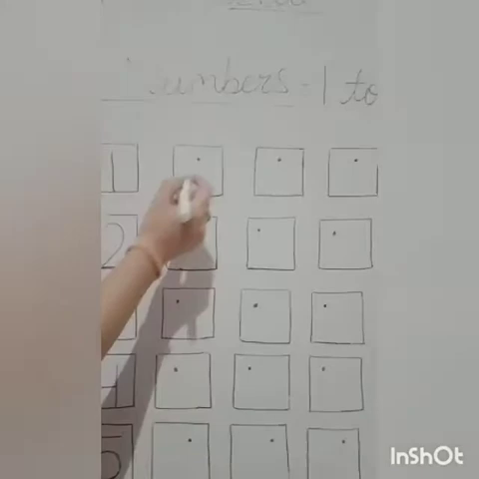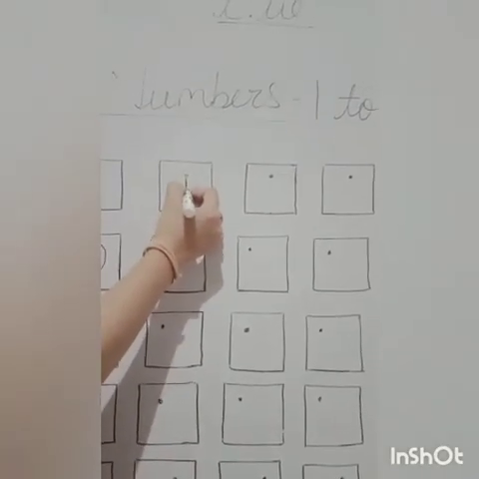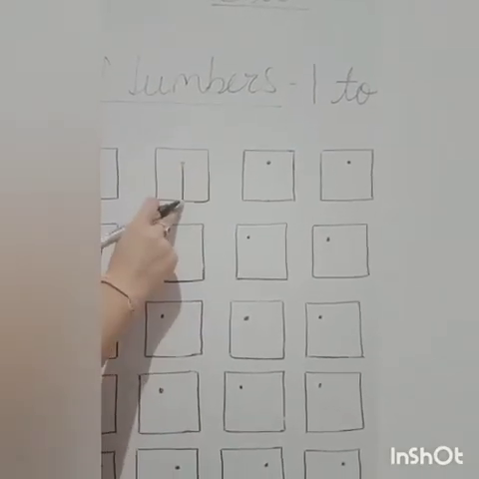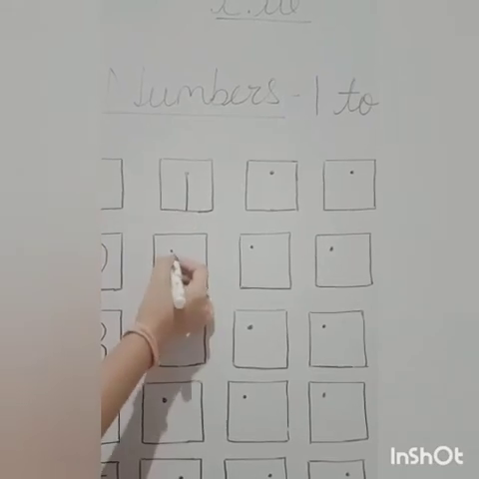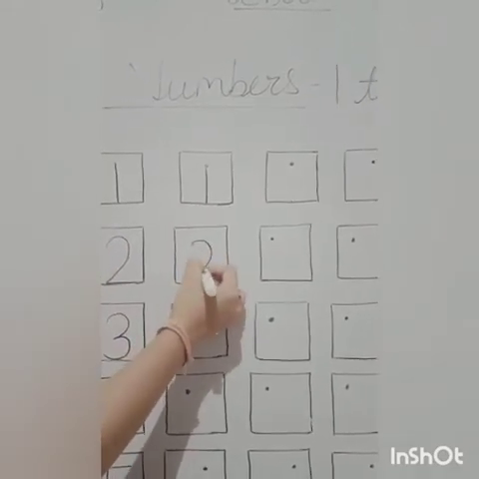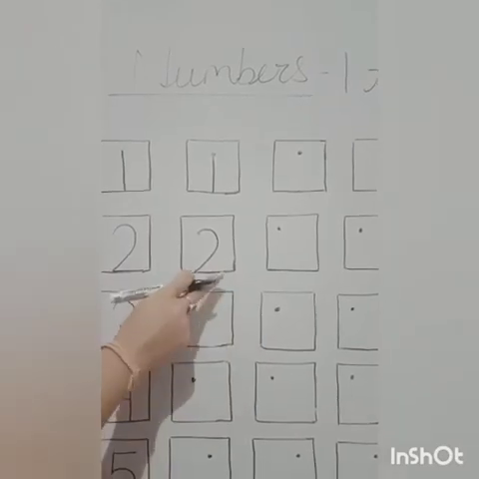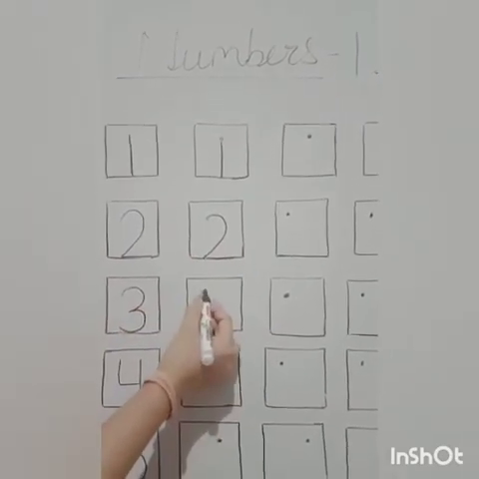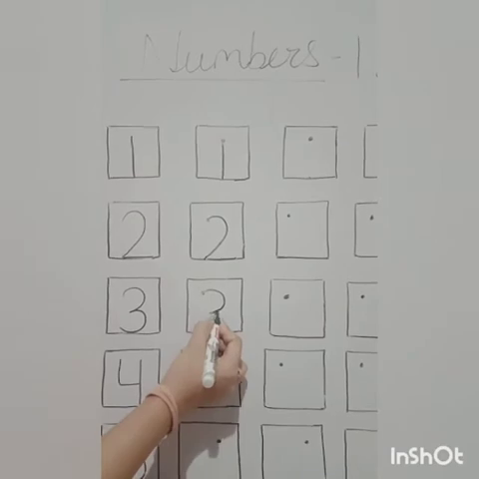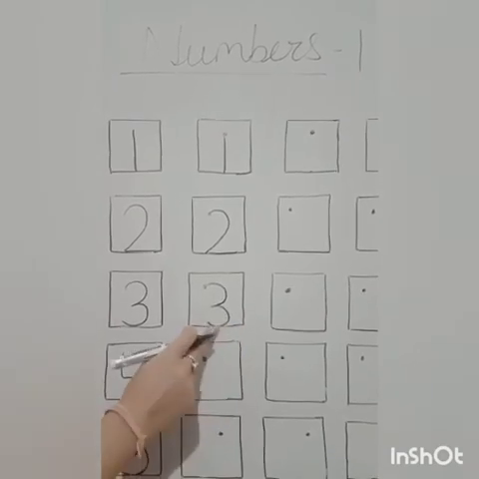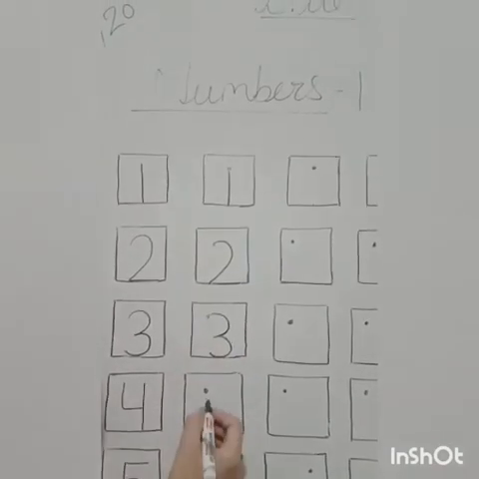Okay, let's start. Start from the dot and draw a standing line down. Like this. Now we have done number 1. First we will draw a curve to the bottom line. Then we will draw a sleeping line. Now we have done number 2. First we will draw a curve to the middle. Then we will draw another curve to the bottom line like this. Now we have done number 3.